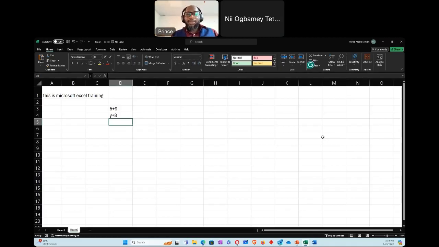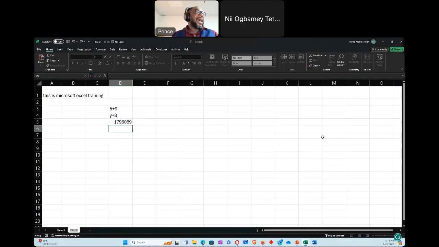In order to prompt Excel that what you are going to type is a formula, you start with the equal sign. Once I start with the equal sign, anything I type, Excel will attempt to evaluate it for me. So if I press enter, Excel gives me this figure.